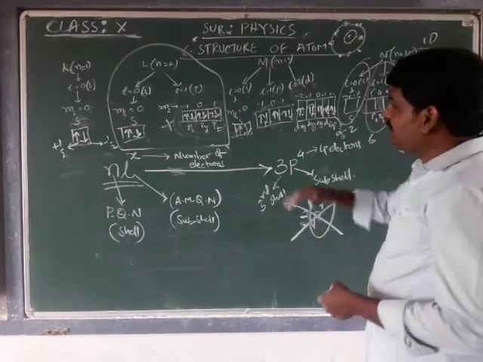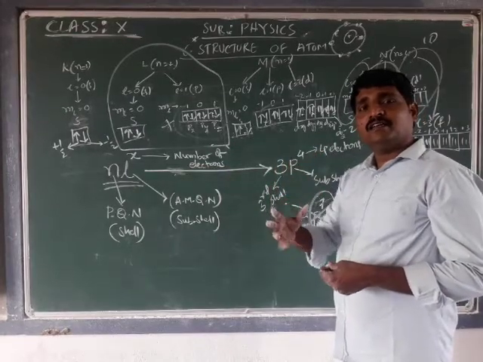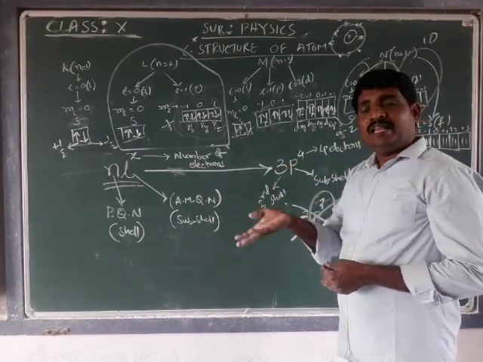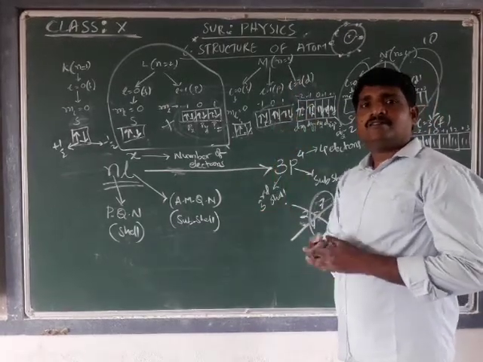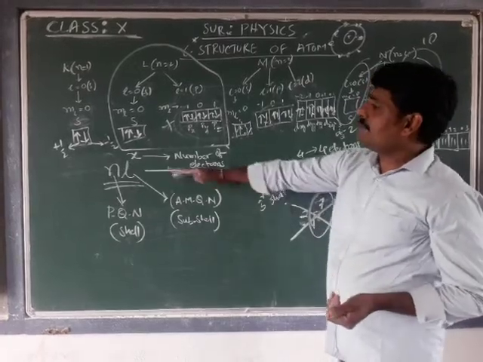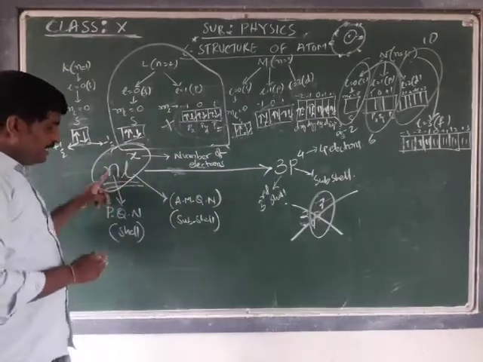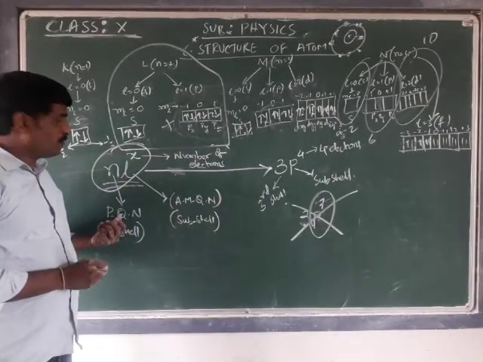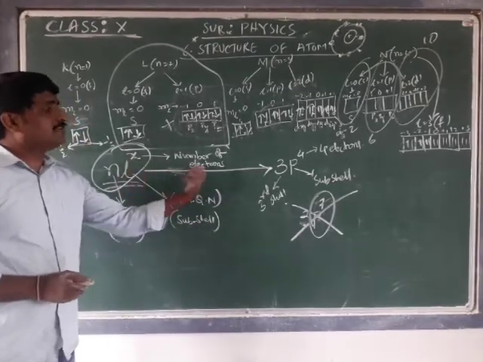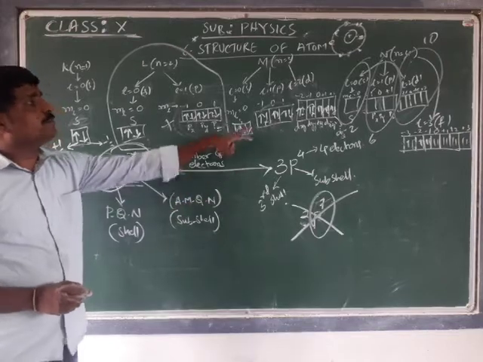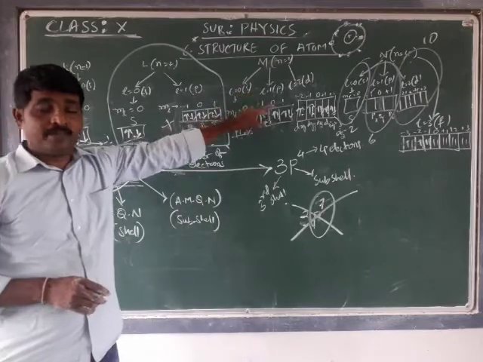Have you understood? While writing the electron configuration, the method of filling the electrons in the respective shells and subshells, and the number of electrons present in the respective subshells, is represented by the NLX method. In the NLX method, N gives information about the shell and it is the principal quantum number, L is the angular momentum quantum number which gives information about the subshell, and X gives the information about the number of electrons accommodated in the respective shell, respective subshell.